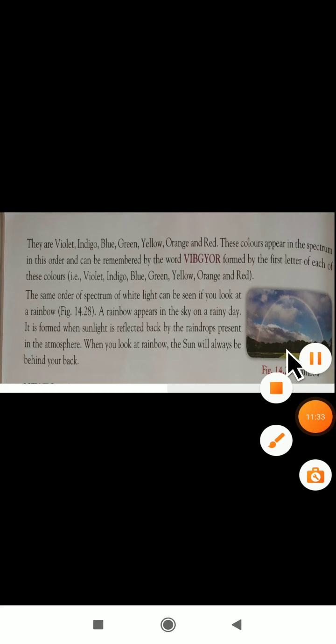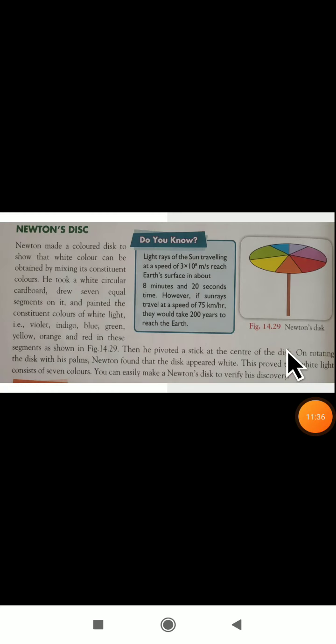Next we will see about Newton's disk. This is a picture of a Newton disk. What is this concept? We will see here. Who is Newton? Newton is one of the scientists. First we will see about Isaac Newton and what he discovered, then we will move on to Newton's